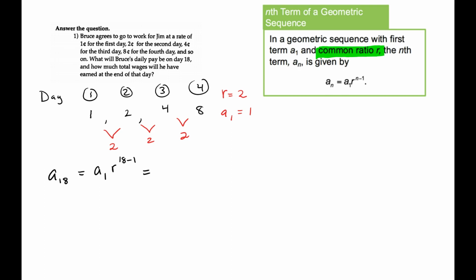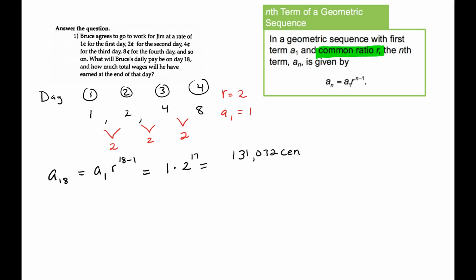Okay, let's figure out how much he's going to make on the 18th day. Now remember, these are cents. So we're going to have to do some conversion if we want to talk about dollars. All right. So it's going to be 1 times the r, which is 2, to the 17th power, because 18 take away 1 is 17. And if you do that on your calculator, 2 to the 17th power, you're going to get